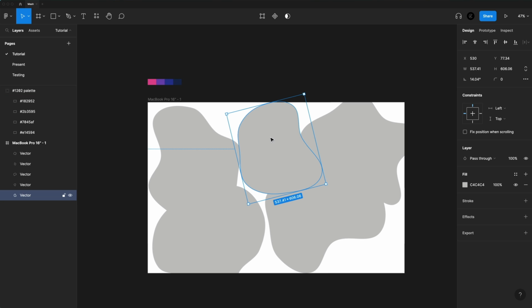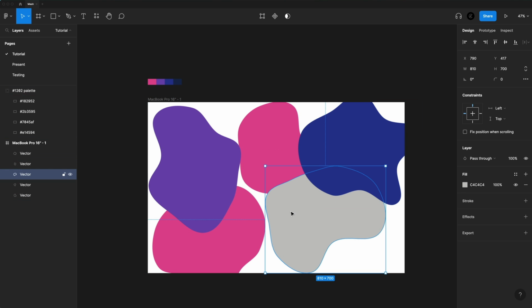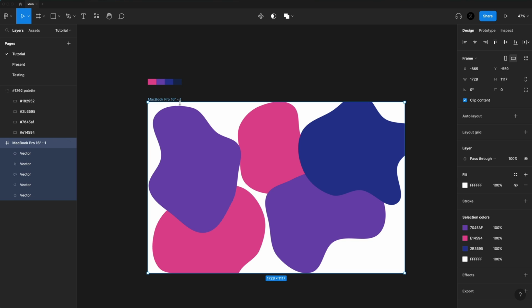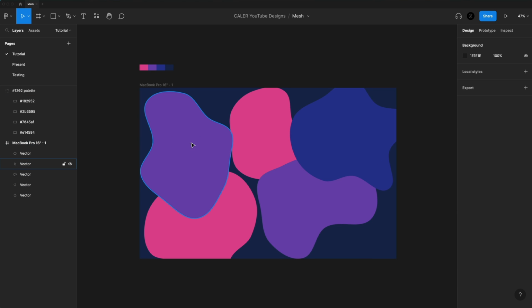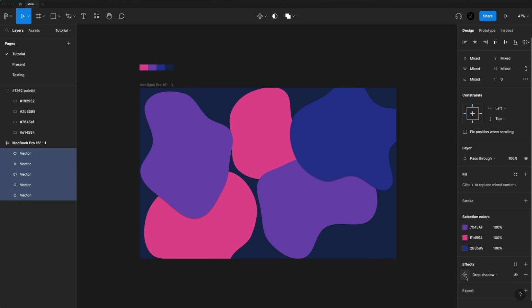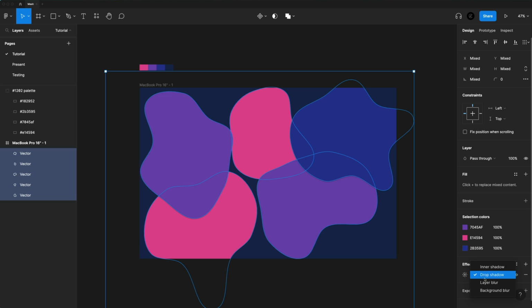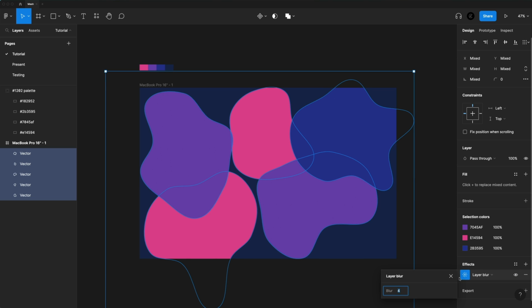So then you can just select each one of your blobs and set the color to a different tone. Hitting I on the keyboard for the eyedropper tool to select that color swatch for each one. Then selecting the frame, I'll set that to the darkest color here. Next up, I'm going to hold shift while I grab each one of these vectors. I'm going to go down to effects and hit the plus icon and change this from a drop shadow down to a layer blur. You can click the sun icon to edit the effects, and I'm going to add a